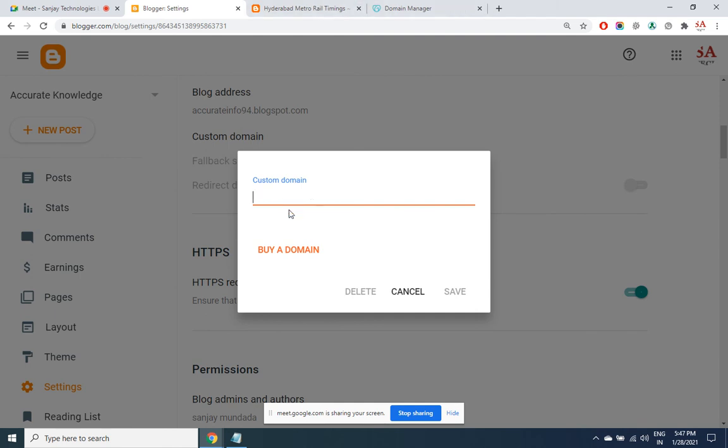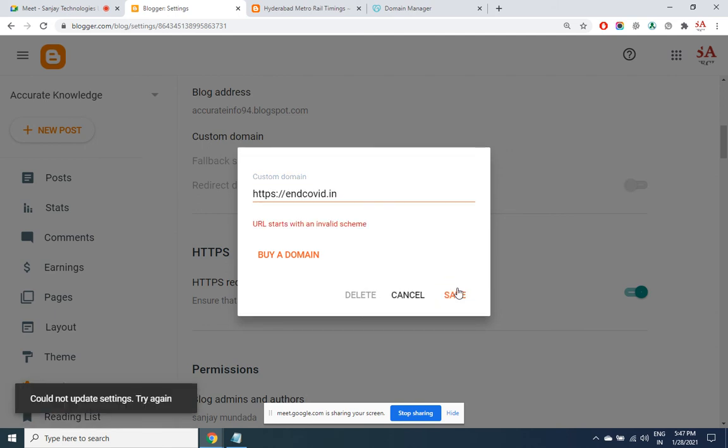So that is endcovid.in. You can even buy a domain from here, but it is going to be expensive. Here it will cost you anywhere around $12 or $13, which is more than 900 rupees. But if you purchase directly in GoDaddy or BigRock, or it could be ShoutCoder, it will cost you approximately 700. So better we buy it there itself, not here. Save.